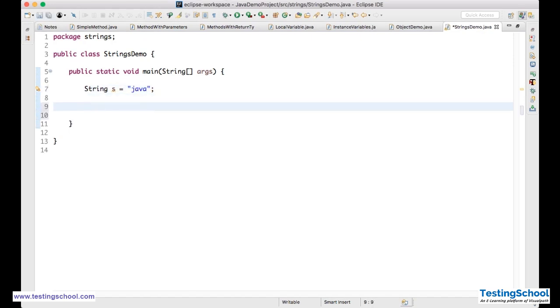Okay. So String s = "Java". That's fine. Now what do I need to do? I want to know the length of my string. Okay. I want to know the length of my string. How can you get that? System.out, you can say, length of the string is,